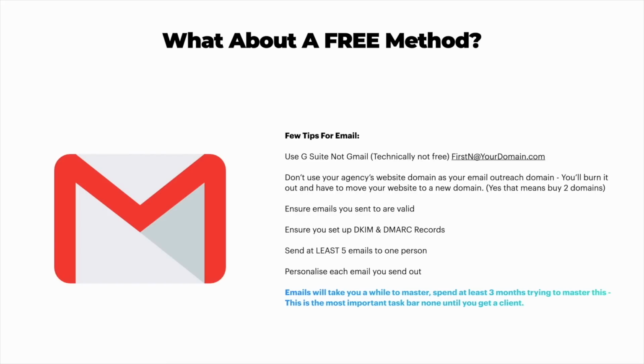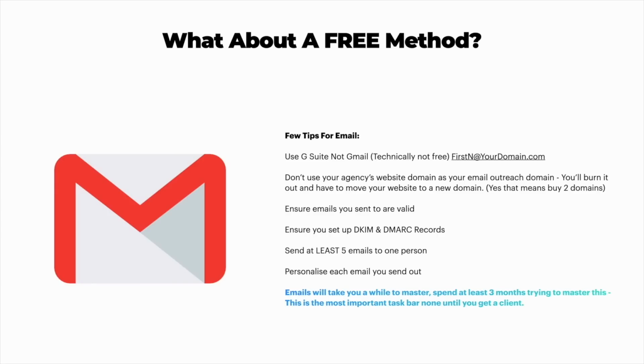Well, because if you have an agency website, which is abcagency.com, and you use that for cold outreach, you are eventually going to ruin that domain, because you're going to get marked as spam, because you're probably going to suck at cold emails, and you're going to ruin your agency website because that domain is going to get ruined. That means you're going to have to create a new domain and move your whole entire website to a new domain, which is extremely tedious and time consuming to do. So I wouldn't recommend you do that. Don't ruin your website by using that domain as a cold outreach domain.